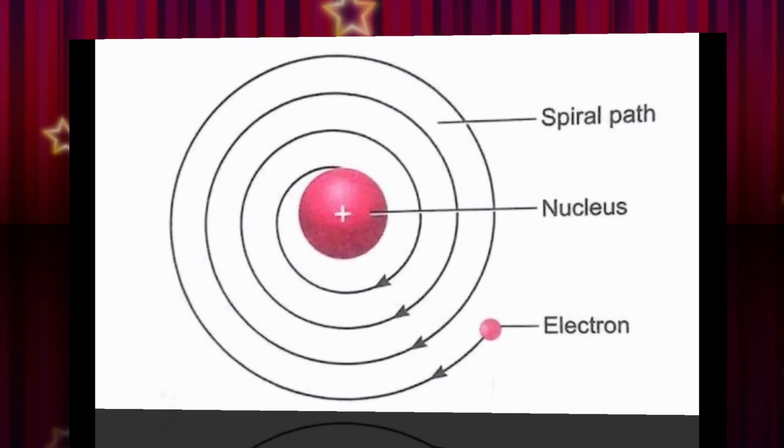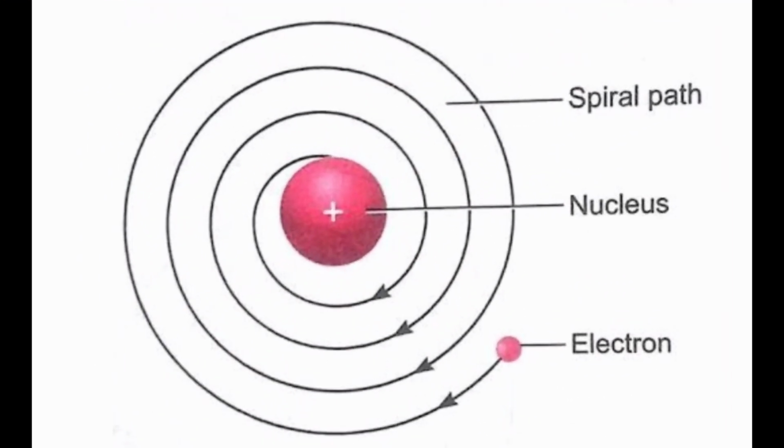Drawbacks of the Rutherford model of the atom. The revolution of the electrons in a circular orbit is not expected to be stable. Any particle in a circular orbit would undergo acceleration. During acceleration, a charged particle would radiate energy. Thus, the revolving electrons would lose energy and finally fall into the nucleus. If this were so, the atoms would be highly unstable and hence matter would not exist in the form that